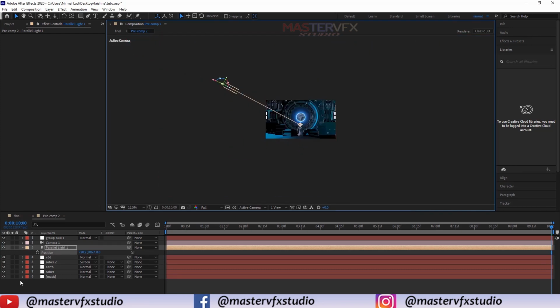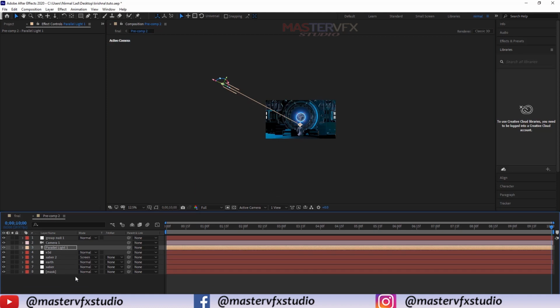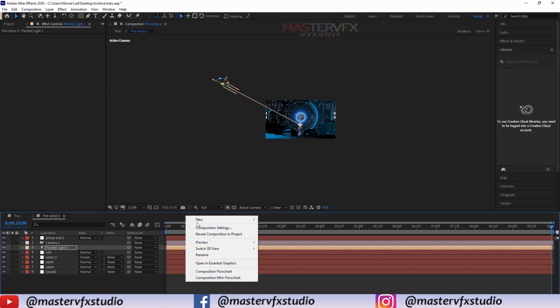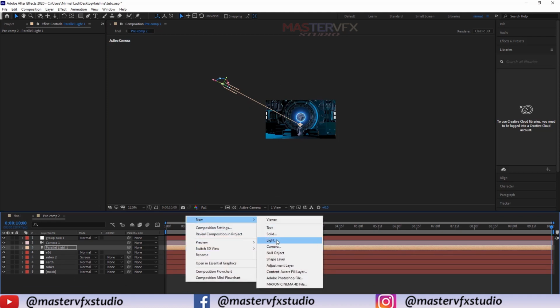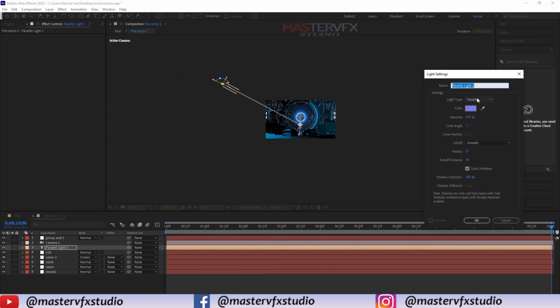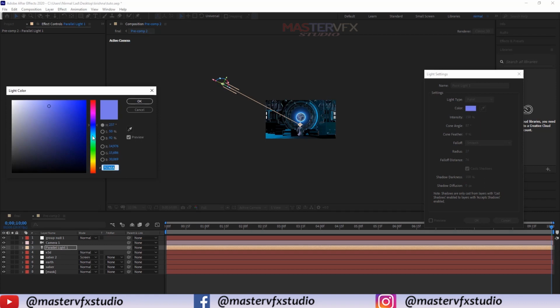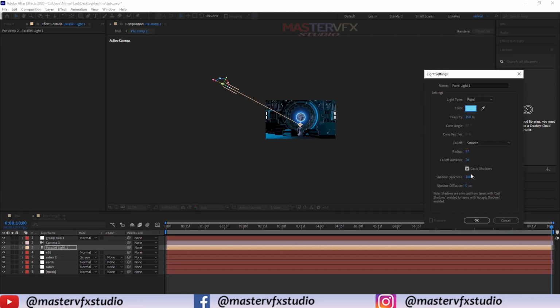Now guys, we are going to create another light called a point light. Create a new light and make it a point light. The color which we use is a sky blue kind of color. Uncheck the cast shadow option, make the intensity 150 and press OK.